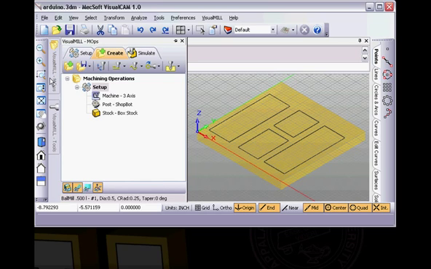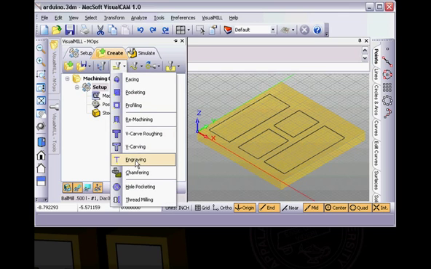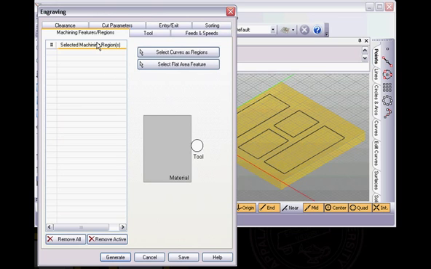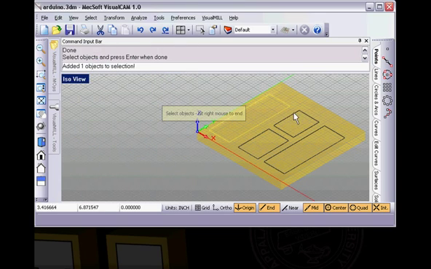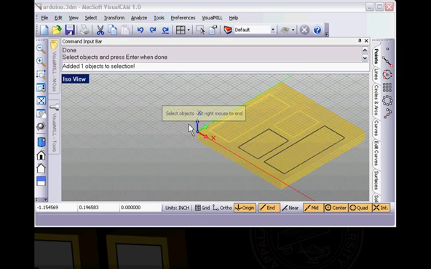Going to the Visual Mops tab, I'm going to go to Create and 2.5 axis. I'm going to go down to the engraving, and here it's asking me, okay, I'm going to be engraving, but what line should I follow? Notice that I can select flat areas. If you've got a 3D drawing, you can actually cut 3D areas, but I found some inconsistencies in this, and so even with a 3D drawing, I will include some 2D polygons to select as curves. So I'm going to select those. I'm going to select these two here, hit my right mouse button,